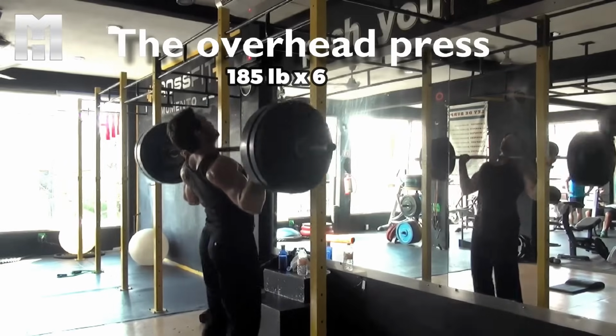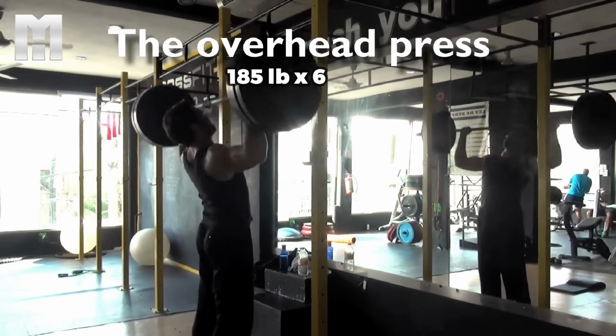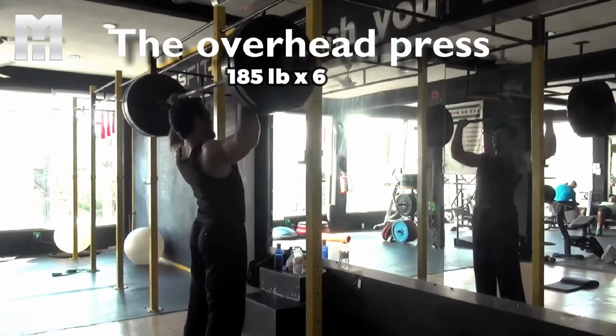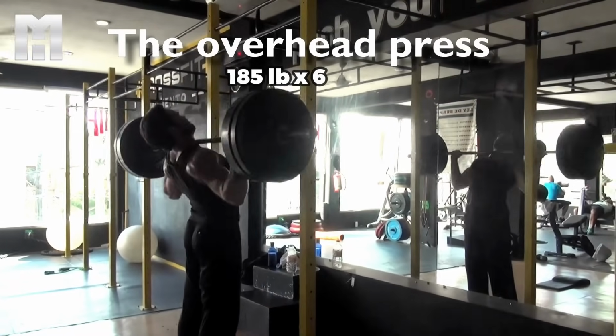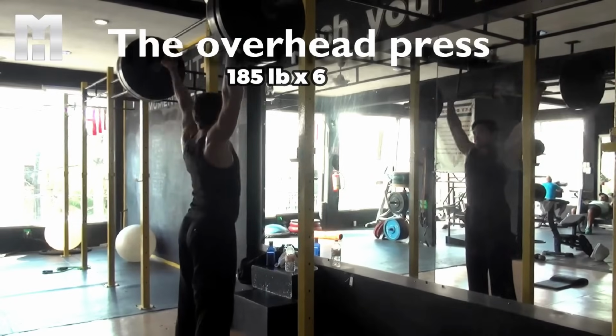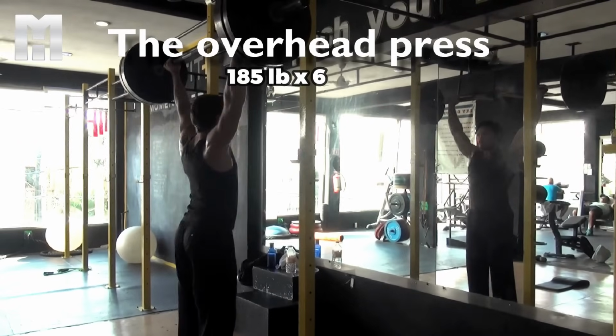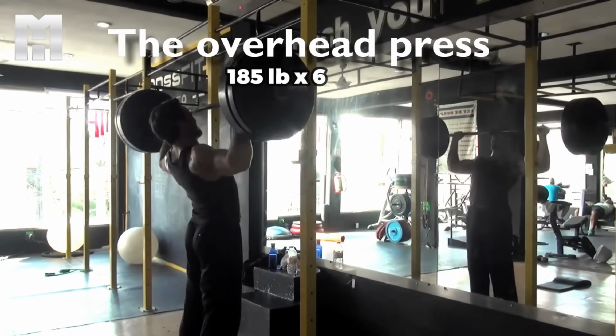In this video here, you can see my overhead press technique with a barbell, and you can see that I'm actually really arched, my upper back is really arched, and that's what you should do because it allows me to keep my elbows way back. You can see that I'm keeping my elbows way back towards the rear, and they're moving very much in the frontal plane. And I can do that because I'm moving my head out of the way of the barbell